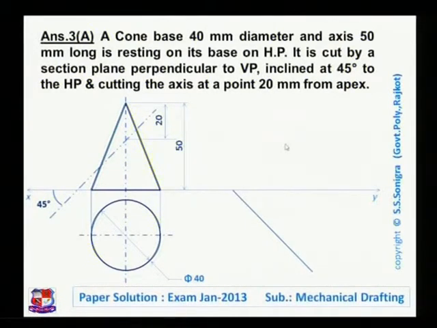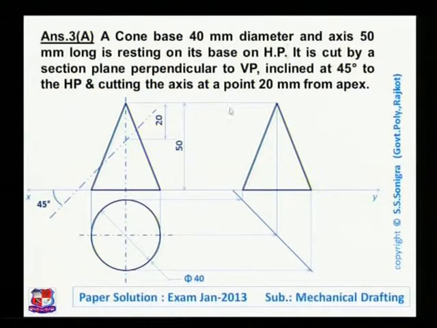Now draw its side view. For that, draw a line at an angle of 45 degrees to the right side of the top view. Draw projection lines like this and project them to the side view, horizontal line and vertical line, and from here draw a horizontal line. So that will be the side view of the apex like this, and join all these points with a straight line like this. Hence the triangle represents the side view of the given cone.